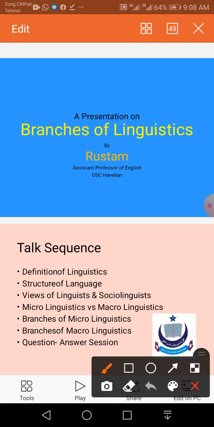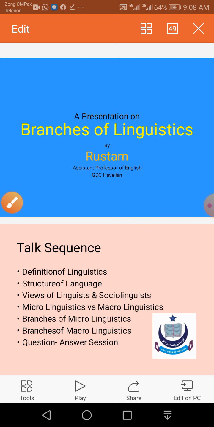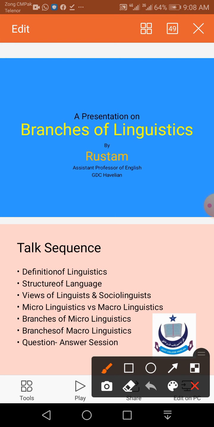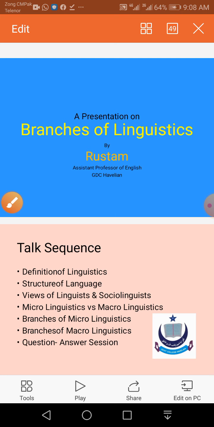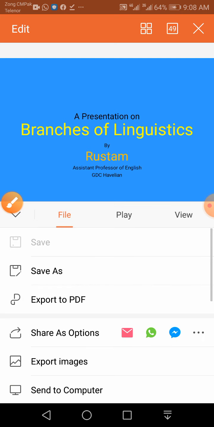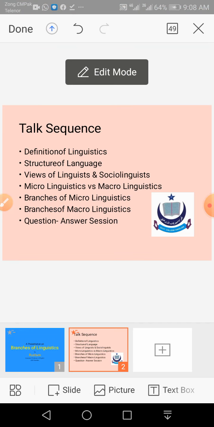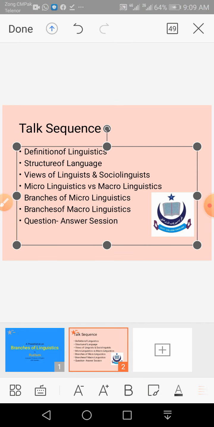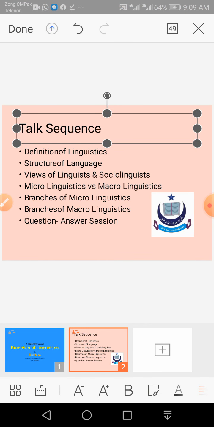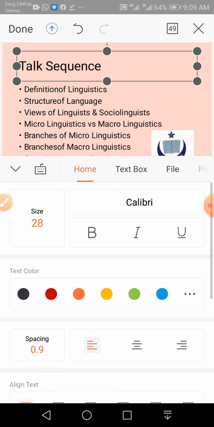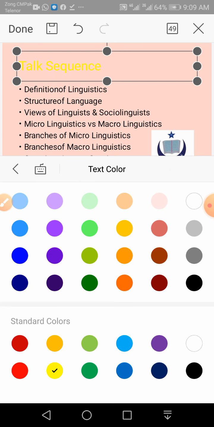After doing all this, you can create a number of slides like this, but make sure of one important thing: let me edit this, the title must have the same font size and the same color. Let's say I give it a yellowish color, but it will not come up.